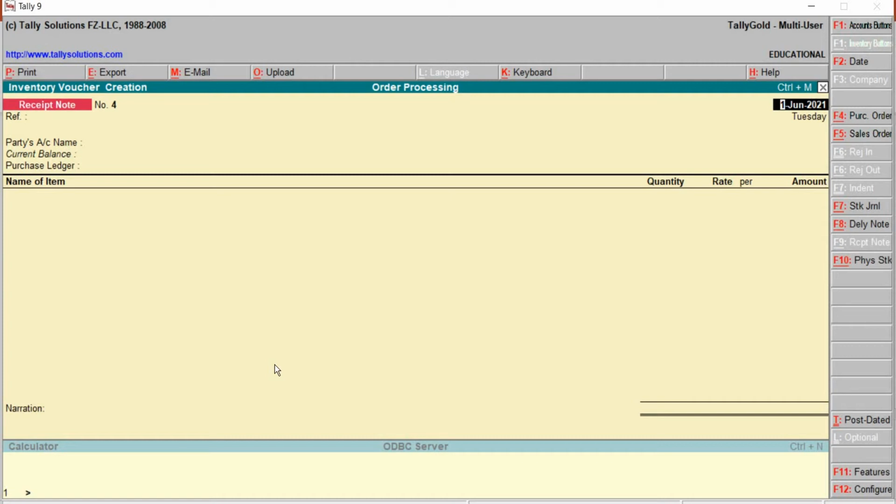Do we have to go back to accounting vouchers, to gateway of Tally, transactions, accounting vouchers? Not required. From the inventory voucher creation window itself, we can press the key, that will be function key F9.